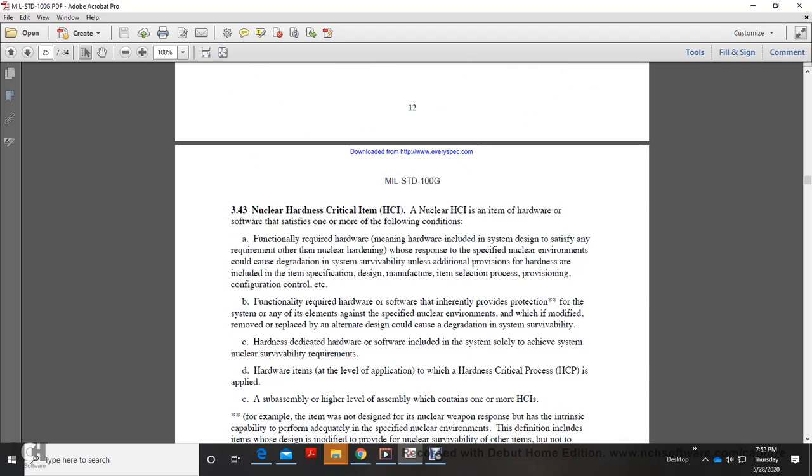Nuclear hardness critical item: an item of hardware or software that has one or more of the following conditions. Functional requirements of the hardware remaining in the system design satisfy the requirements of the nuclear hardening of the representative of the specified nuclear environment, covering the degradation of the system severity, with additional provision of hardness included in the item specification, design, manufacture, item selection process, provisions, configuration,